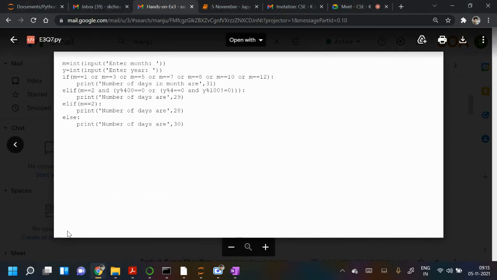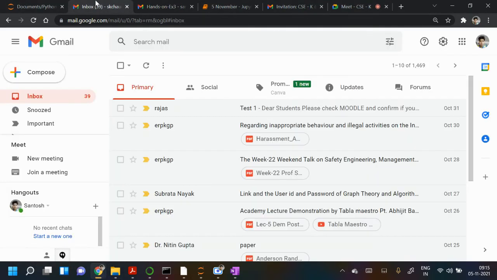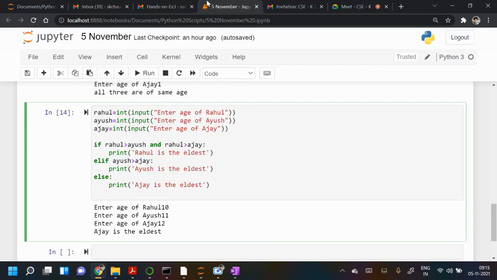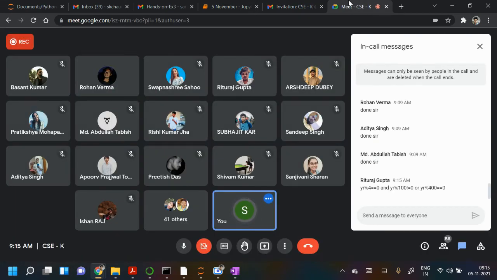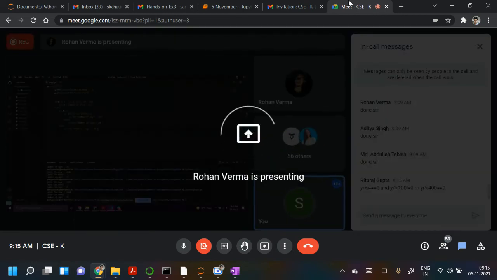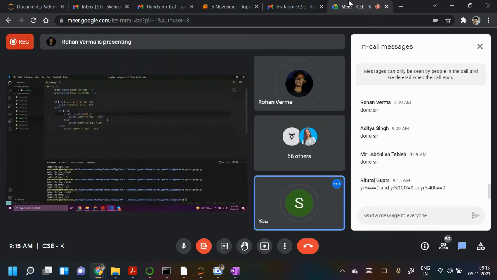Okay. One minute. So once you run the program for 2000, February 2000, you check by your own. So 2000 was a leap year, I think, because every 4 years it comes: 2004, 2008, 2012, 2016, 2020. Yes, sir. So one more condition is required. I wanted to check that. Yes, one more condition is required. It's not 'and', I think it should be 'or'. Check because